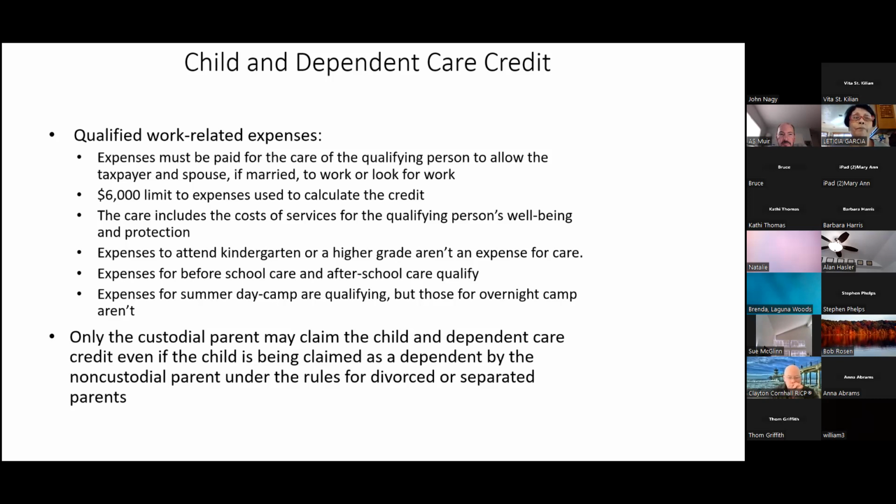Okay, just a weird story that I had on a VITA site. We had a situation where we had two siblings, and each of the siblings had children. And what they did was they had each sibling watch the kids for the other sibling. So they wanted to get the child dependent care credit for paying the expense. And they were also picking up the earned income tax credit on the other side. So they were generating fictitious income and expenses to get both credits. So we told them we couldn't do it.